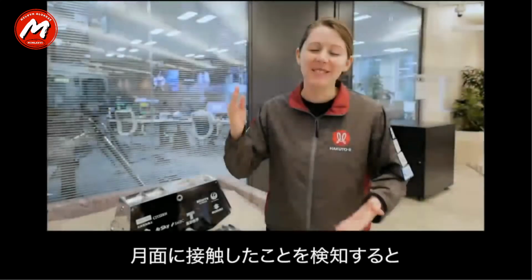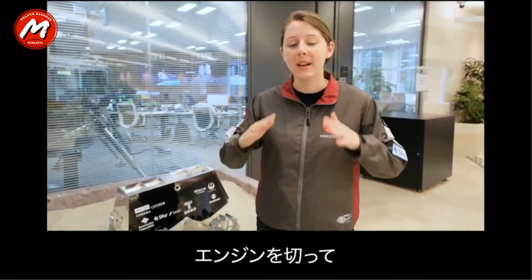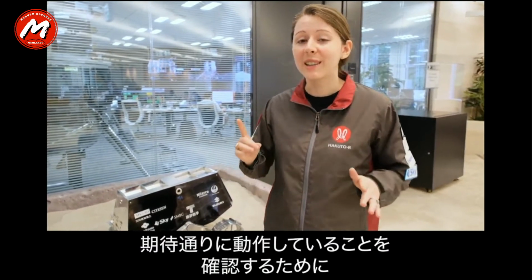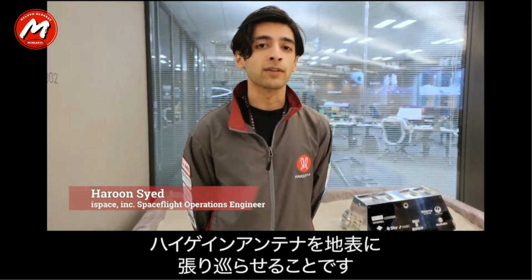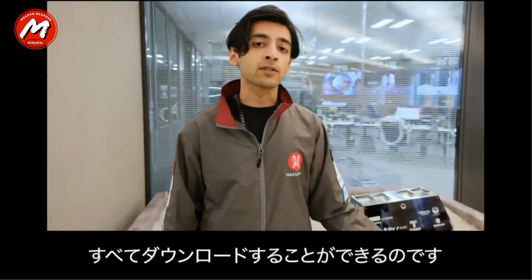As soon as our spacecraft detects contact with the lunar surface, it will go to TDM, which is touchdown mode. It will cut off the engines and make sure that we're stable on the lunar surface. After that, we'll perform many checkouts to make sure every system and our customers are still working as expected. One of the first things that we will do is deploy our high-gain antenna when we're on the surface. So our high-gain antenna will allow us to download all of the data and pictures and photos that we've taken